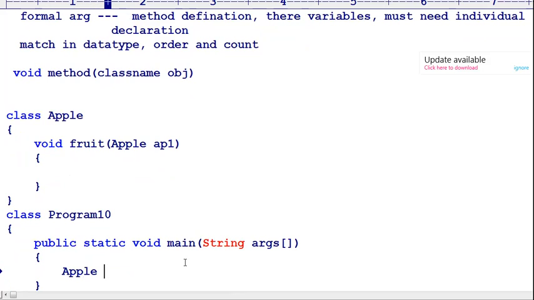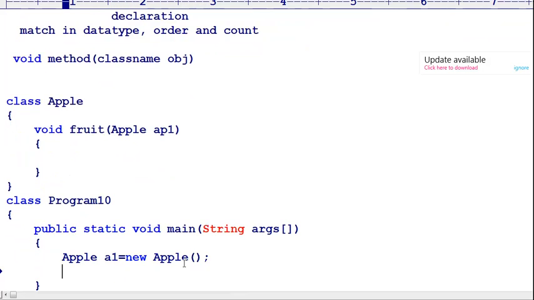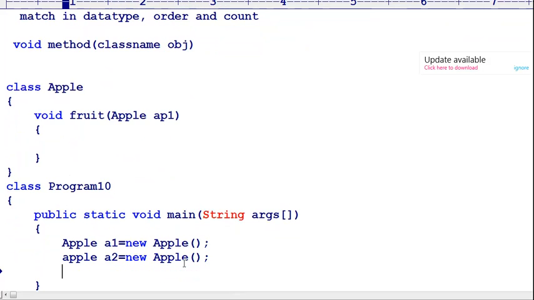So here, Apple a1 equals new Apple, and Apple a2 equals new Apple. The return type is void. Now with respect to a1, I am calling the fruit method, and the argument is a2.